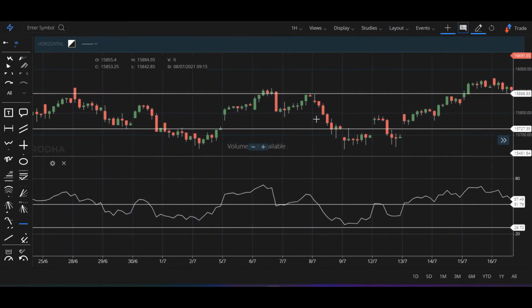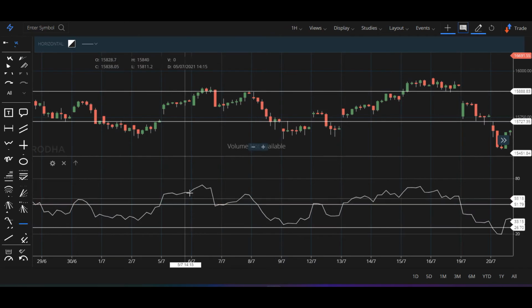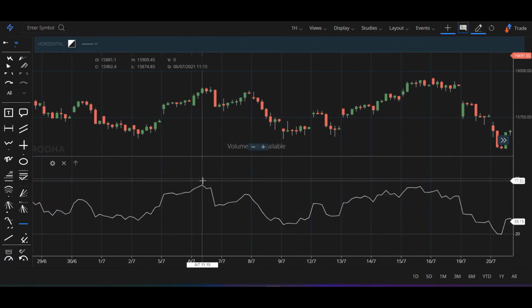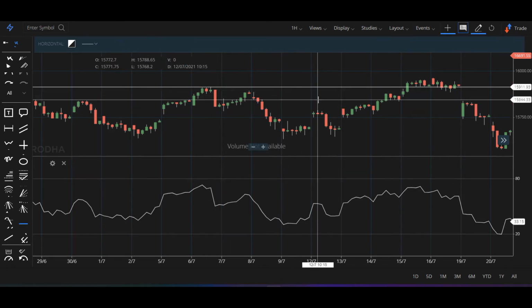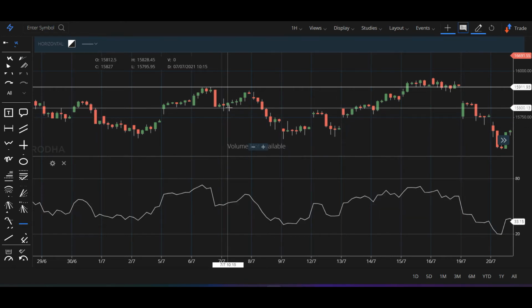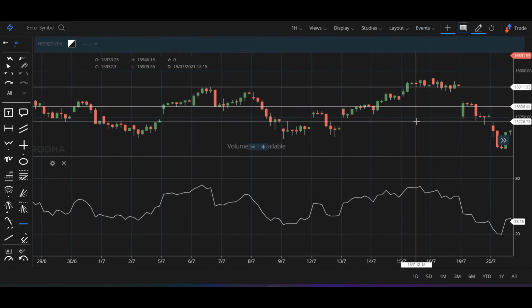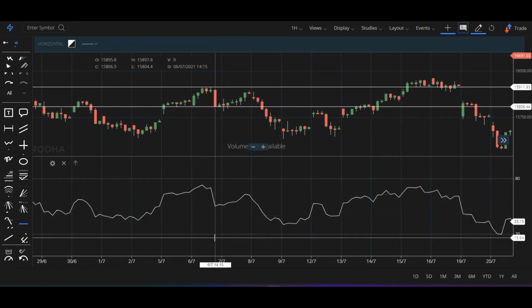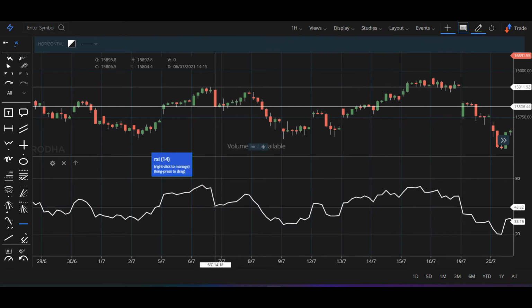And then look at these levels, how this would work as a support and resistance, okay? So let's consider some other day now, okay? Let's consider this particular place, right? So we had a resistance area around this candle, right? So this candle high is your resistance, okay? And this candle low, so basically this particular place we had found out a bottom, okay? So this place we found out that this was a support and resistance for this particular day, right? So we had a top, we had a bottom, right?